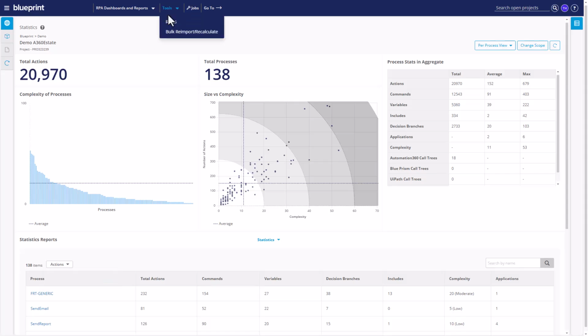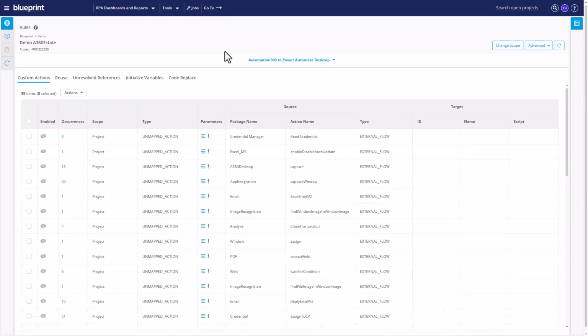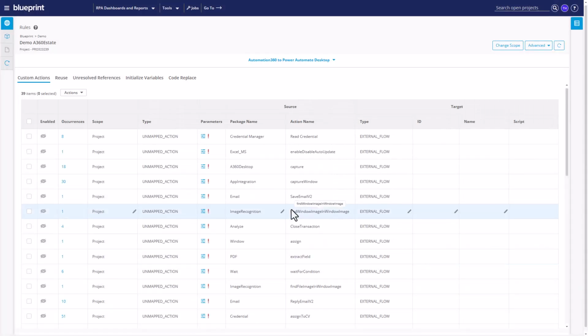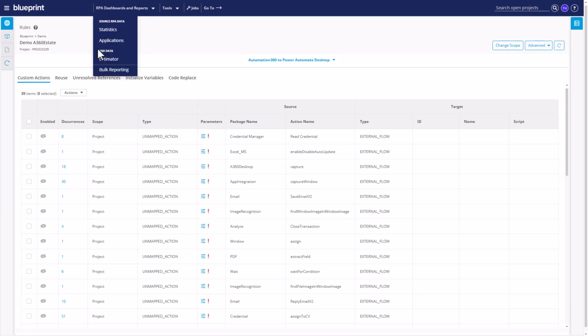Another area that I go to is this, where I get a summary of unmapped actions, DLL calls, code copies, unresolved references. For each, I can see the frequency of use and see which automations, even specific taskbots, are using them. All of this exposes what used to be hidden under the covers inside the automations, and it's important because all of these things impact the migration work. And when speaking of the work required to migrate,